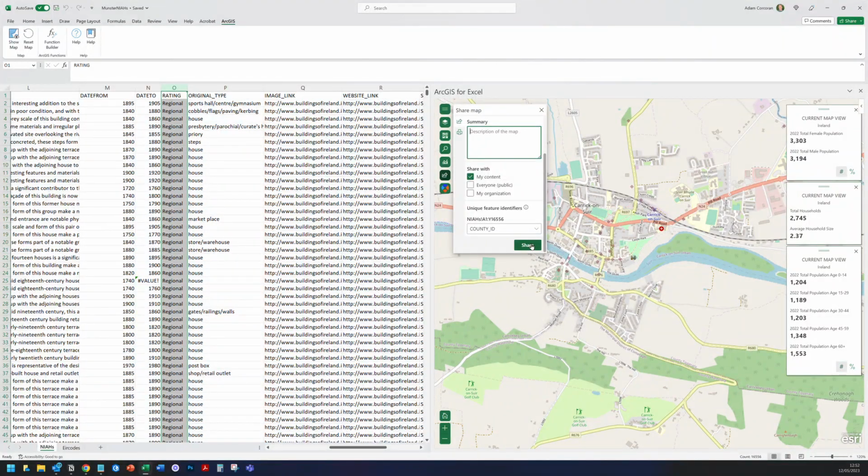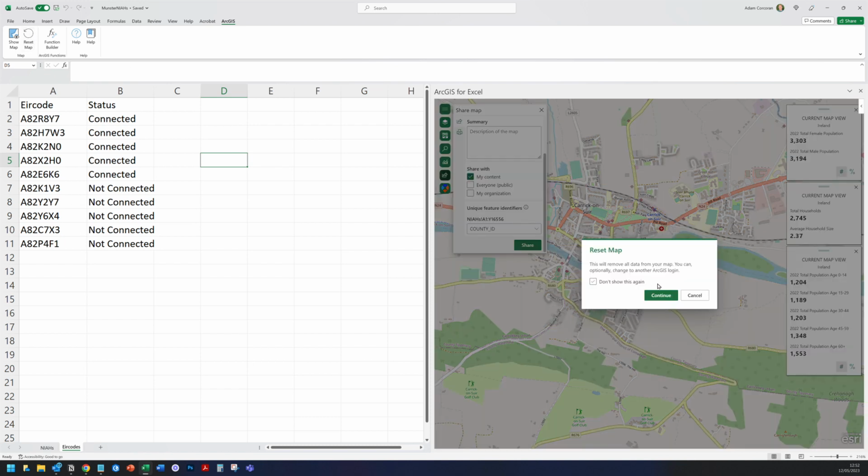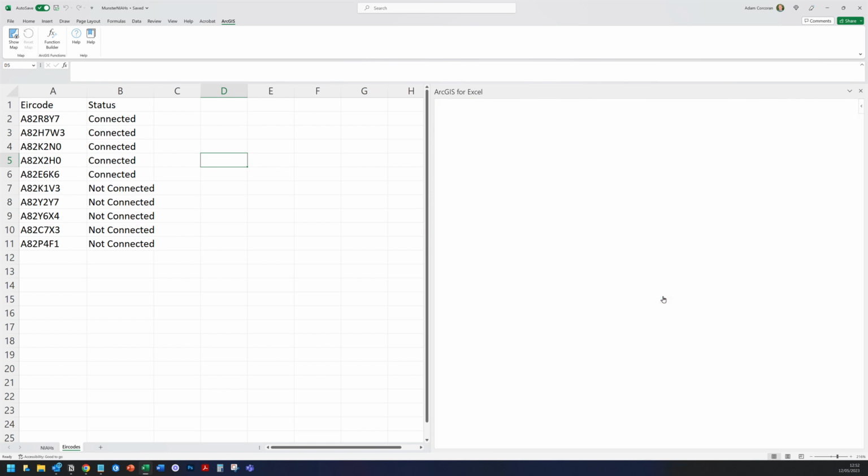Another cool thing around the Excel plugin is that, okay, I'm just going to reset the map. So if I'm working on something, if you just get data launched into your email inbox via Excel, and you need to get quick analysis around it before uploading it somewhere, you can do that. Or if you just need to investigate things, visualize things, you can do that as well. I can reset the map,